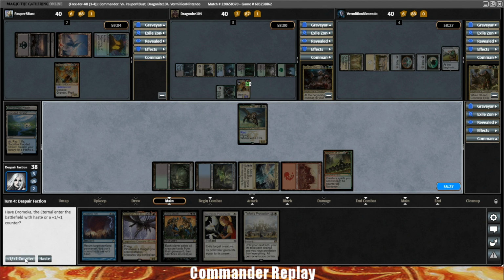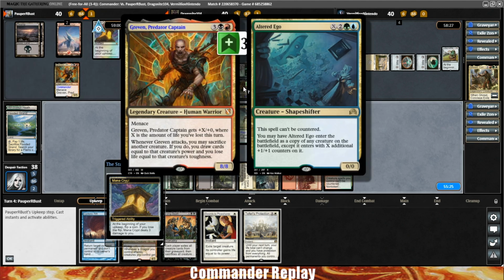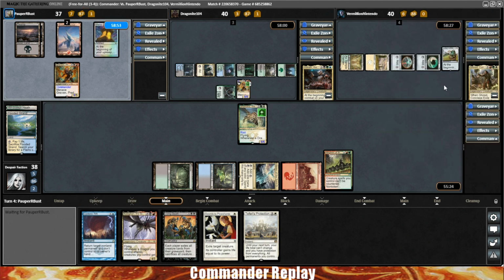I'm gonna go with the +1/+1 counter right here just to leave up a creature. I know it has Menace and it doesn't technically block it, but just holding up a creature I feel like is better than swinging into one of the other opponents, and I don't want to funnel their creatures our way. That's the thing that I don't want to do, so...